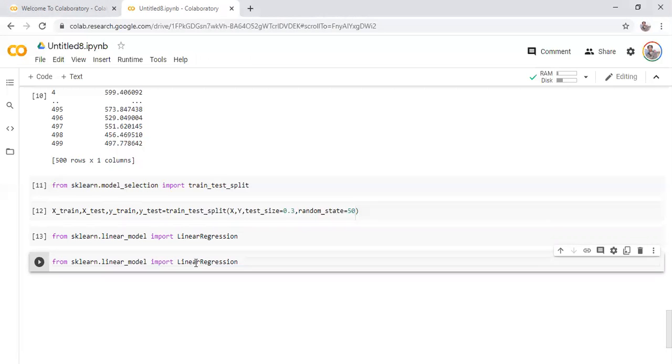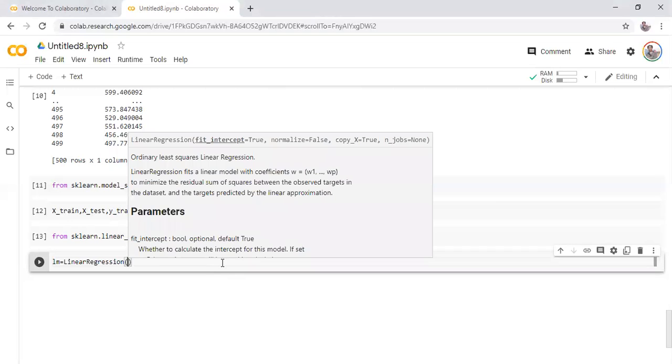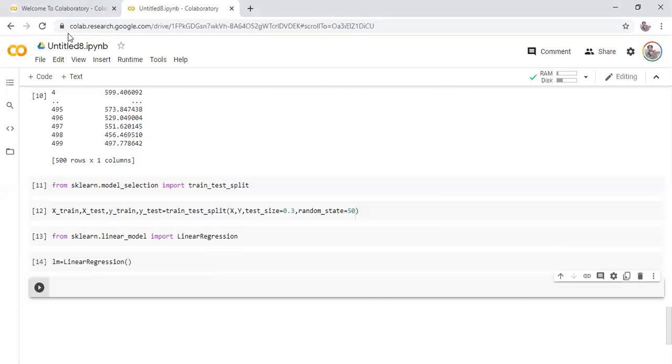So we are just creating the linear regression, and then we will fit.